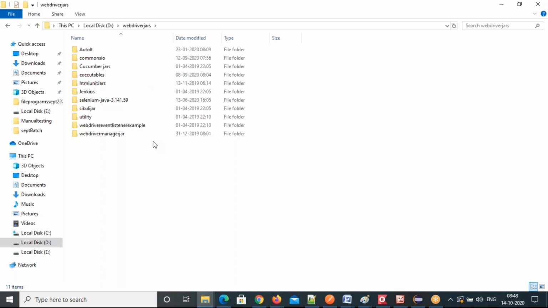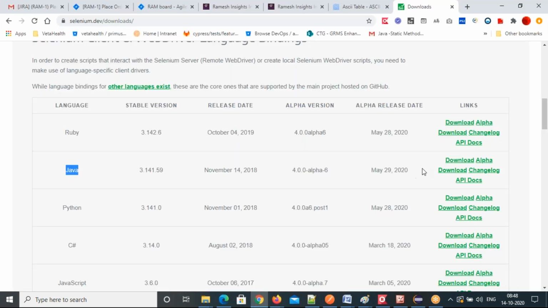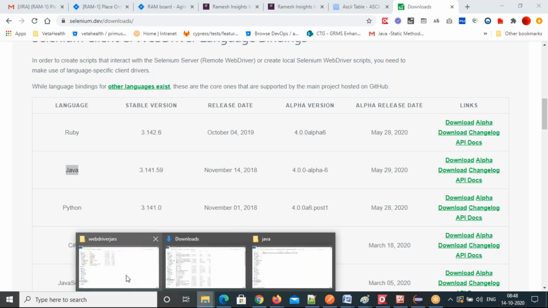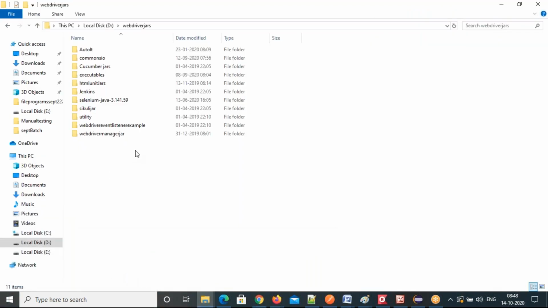Java we need to select, right? Yes, opposite Java you have a download. Click on that download, and it will be a zip file. Place that zip file inside this WebDriver jars folder, either C or D drive, and then you can unzip it.